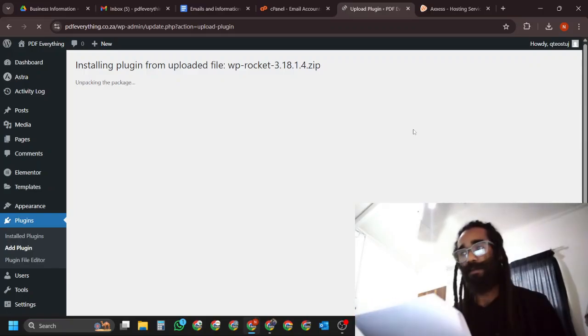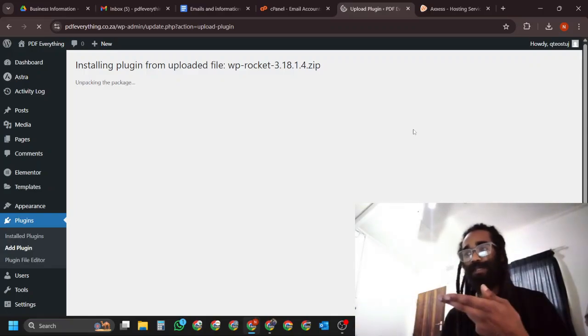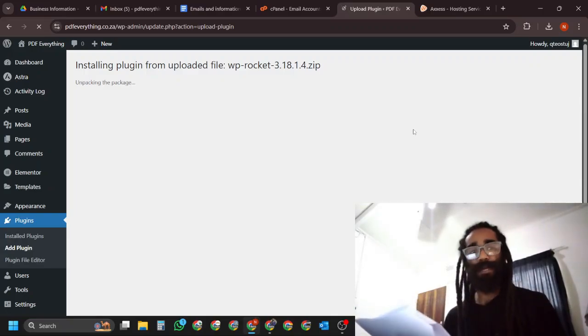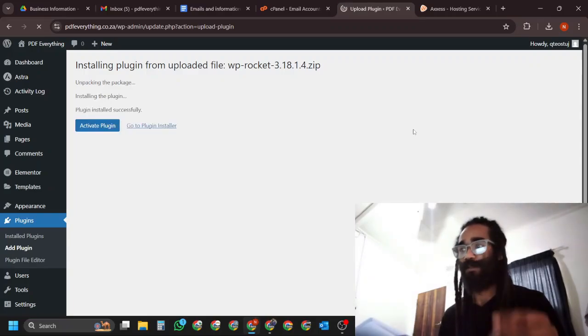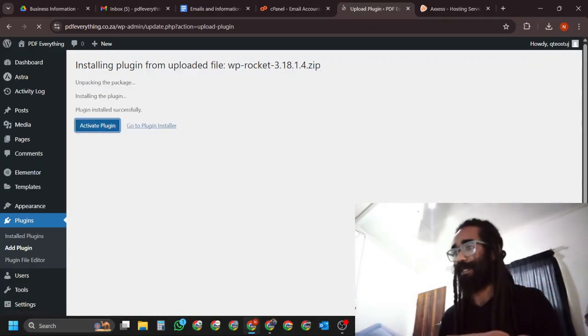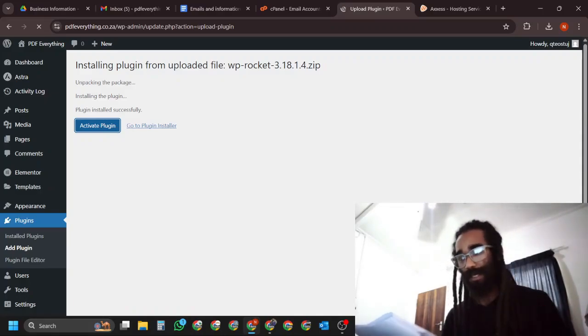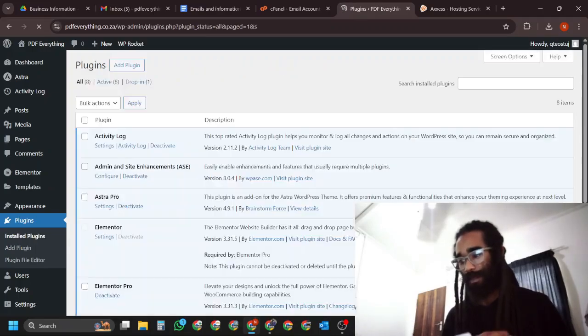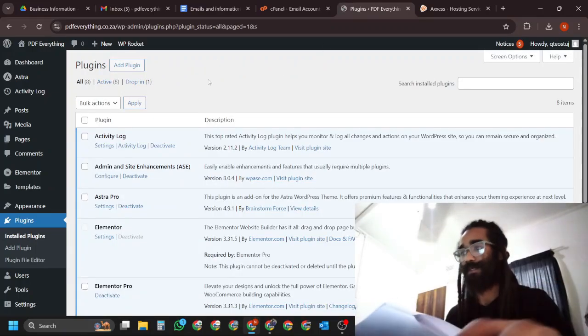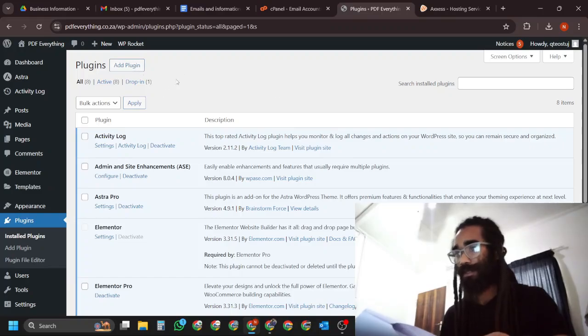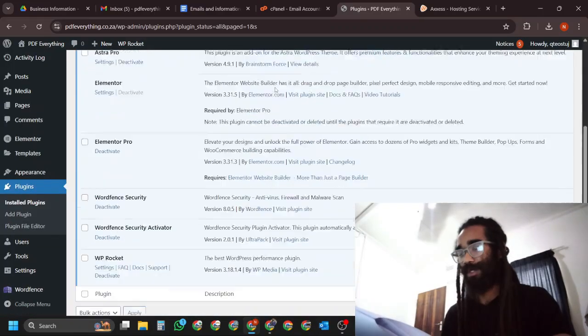Okay, same thing once again. Plugin will install, unzip, unpack. All we're going to do is just wait for that and then click the activate button. Okay, it might seem that we are running through this, but this is actually how quick this can go. Right, next we are going to